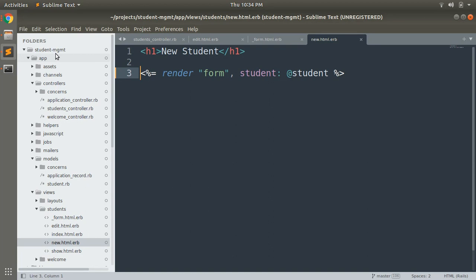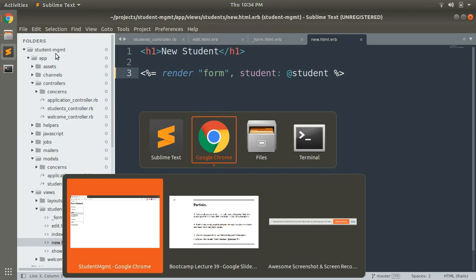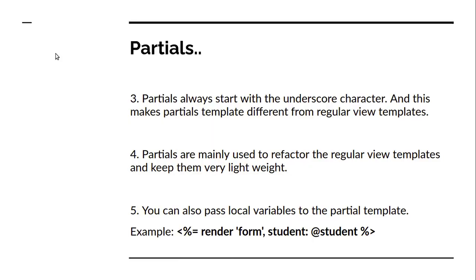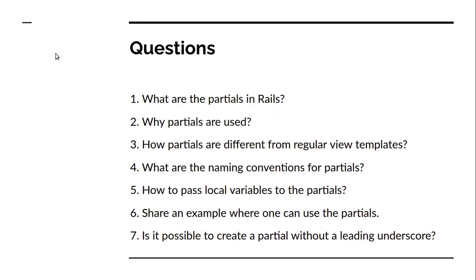Okay, so what is this now? Guess what? This is the questions time. So here are the questions that you must know about partials. Okay, this will be very beneficial for you while preparing for partials and while preparing for interviews as well. So the first question is, what are partials in Rails? Why are partials used, and how are partials different from regular view templates? What are the naming conventions for partials?